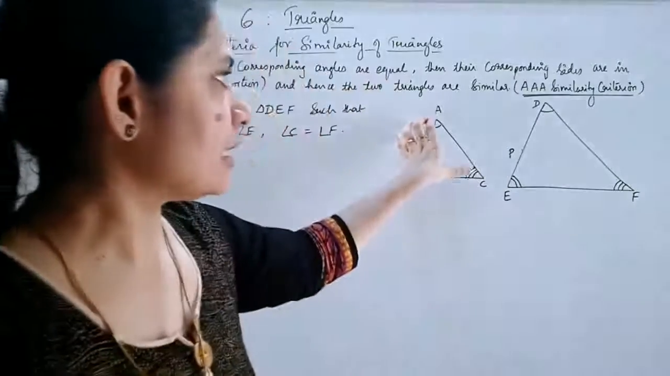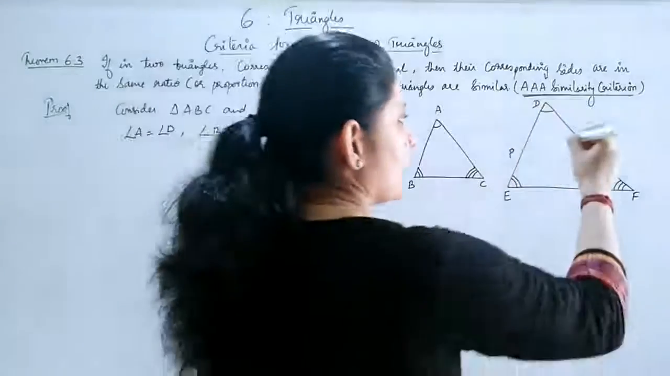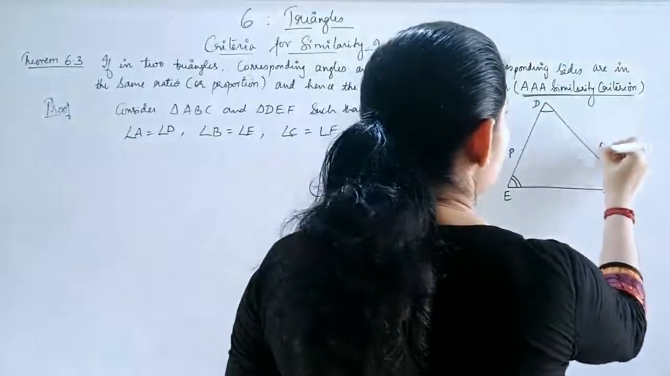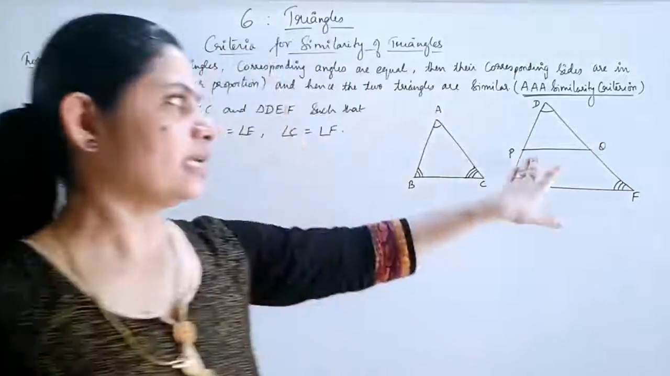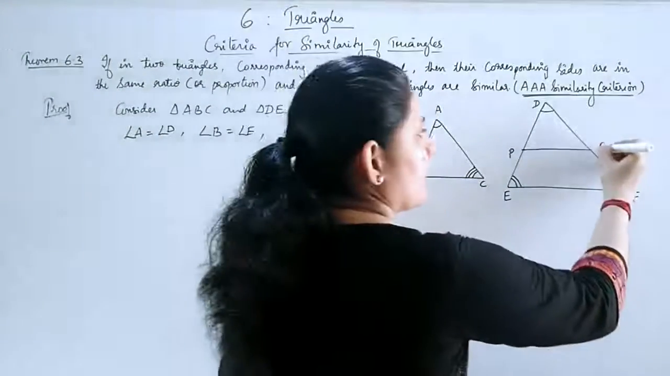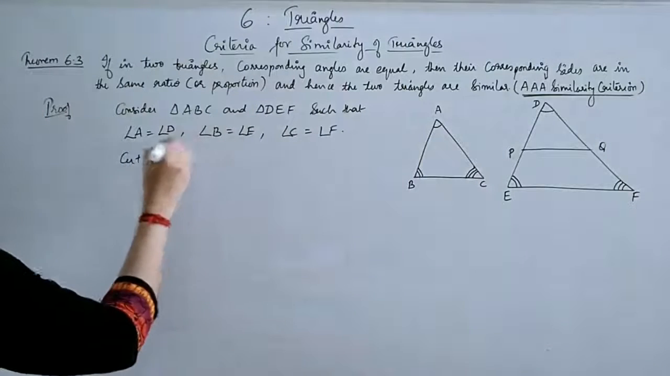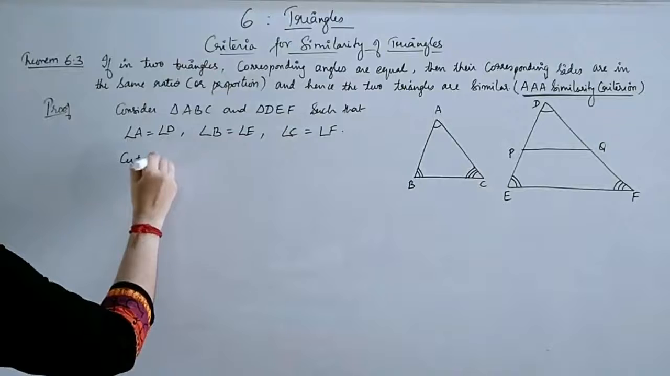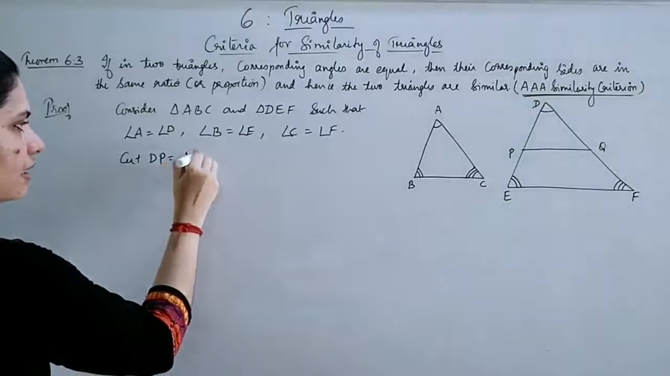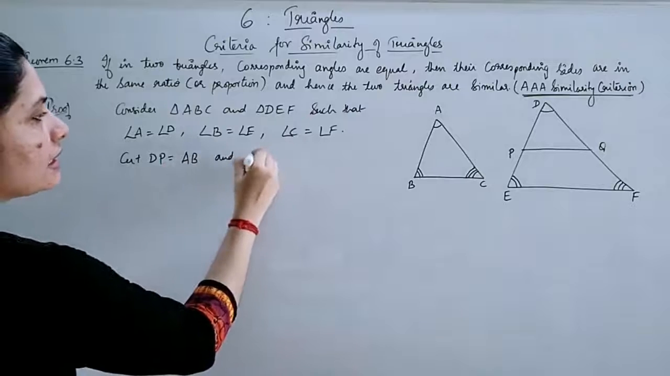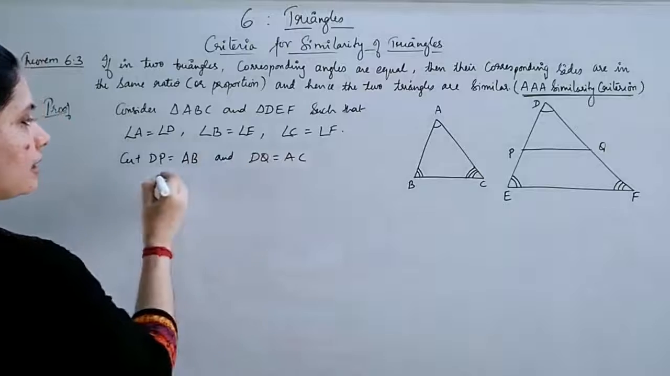And again we are taking the length of AC, and from D that length has been cut, and taking that point to be Q. And we are just joining these two, joining P and Q so that you are getting a line PQ here. What we have done? Cut DP equal to the length we have taken as AB, and DQ equal to AC. And then you join